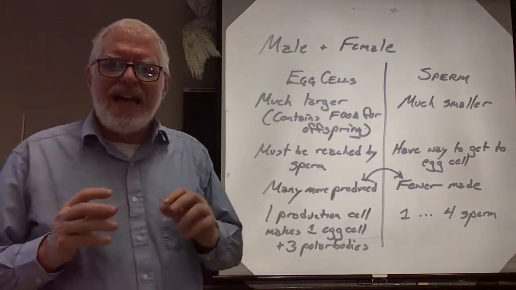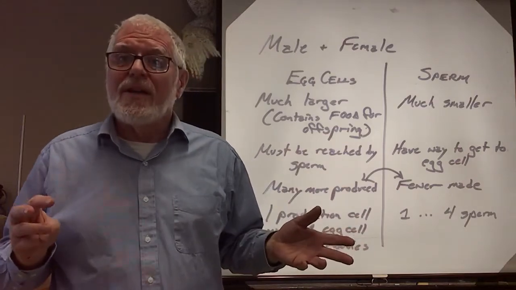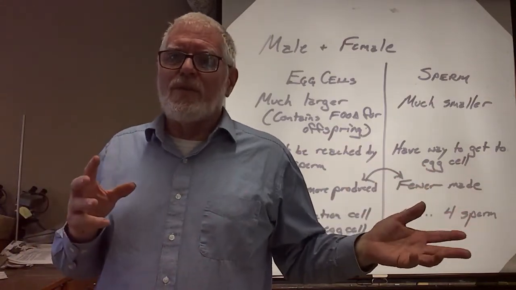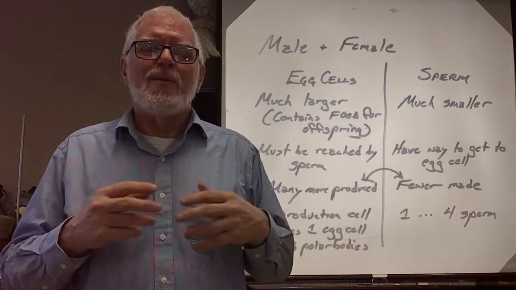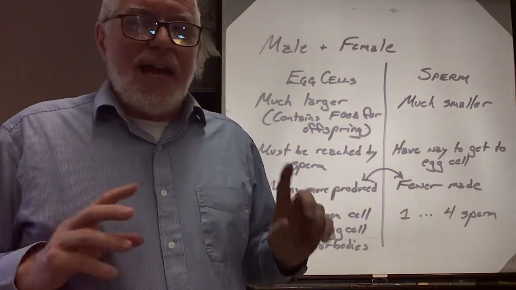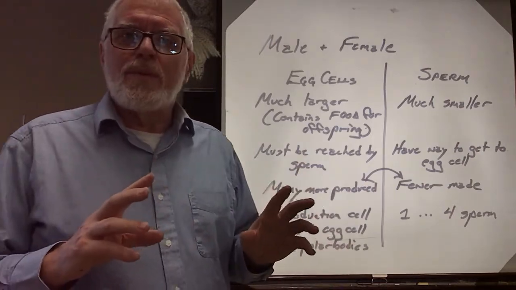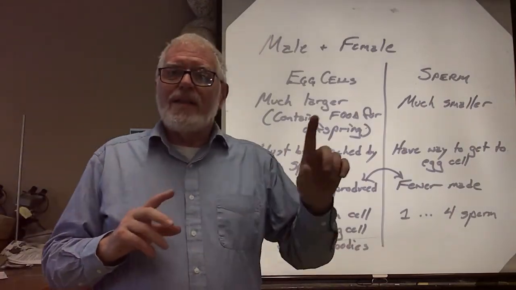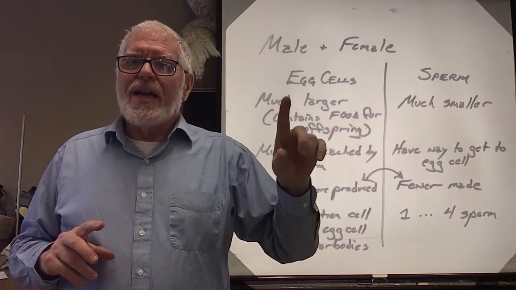We've gone over that. That's a separate issue. And it's different in all sorts of different living things that have what are called dioecious, have separate males and females. The last thing to talk about with this group is when the sperm is made, the egg cells are made in the base of the gametophyte,